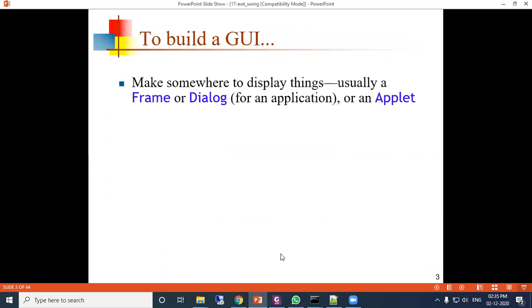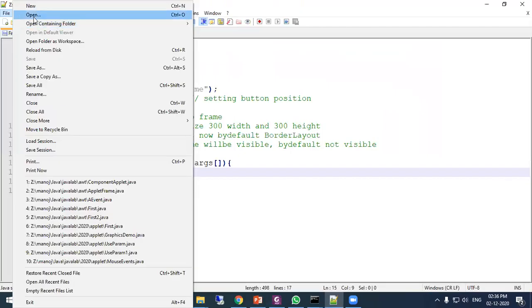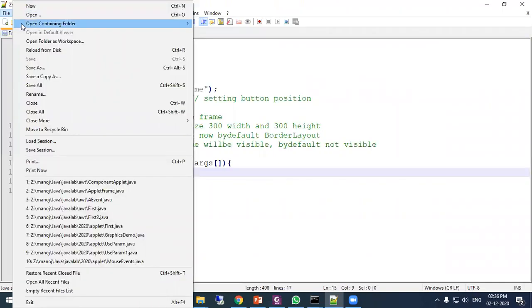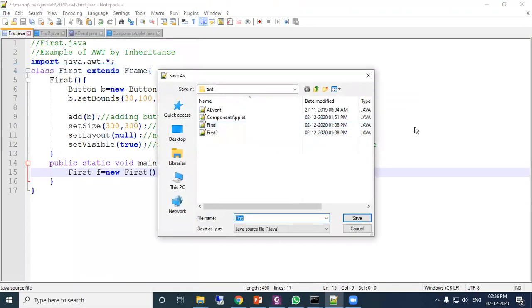So what will we do to build a GUI? Make somewhere to display things, usually frames or dialogs. A frame is just like, suppose I show you here: new, file, save it. Here you can see this is one dialog box, where some command buttons are there, a text box, a drop down option.